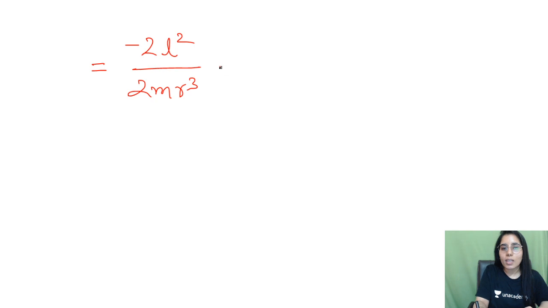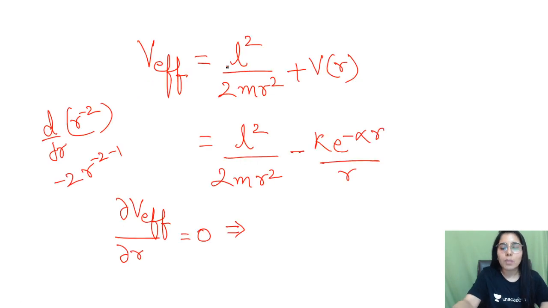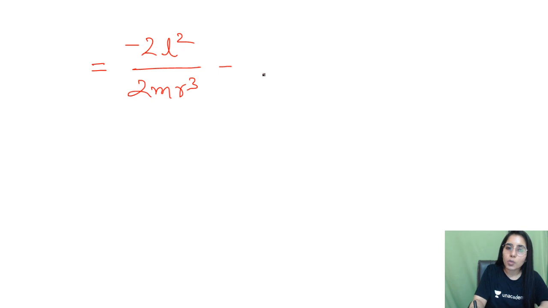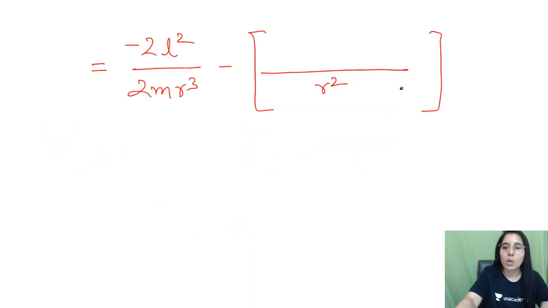Now in the next term we have to use the quotient rule, because we are having some function of r in the numerator and the function of r, or the r term, which is present in the denominator. So what I have to do? I have to take the square of the denominator. Okay, I can write the constant terms outside, so only k is there, I can write it here.